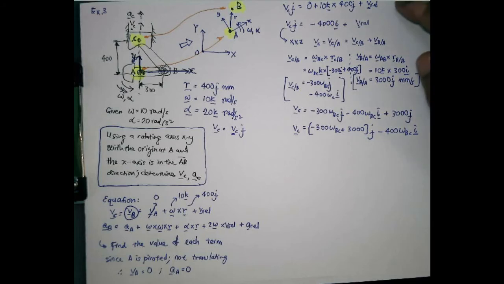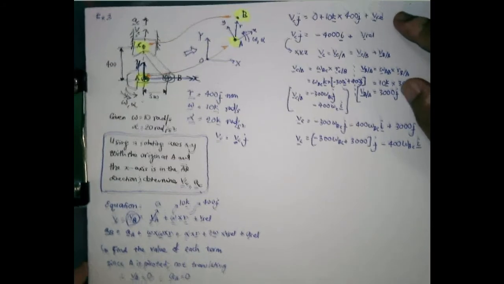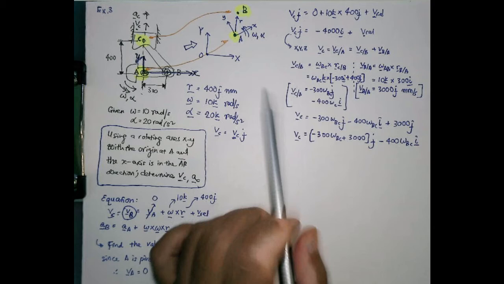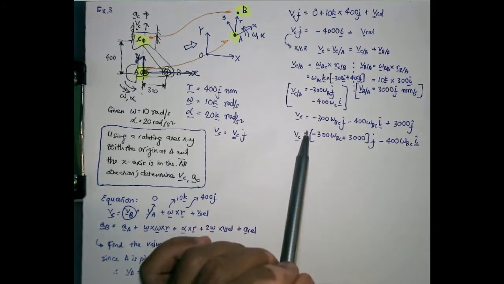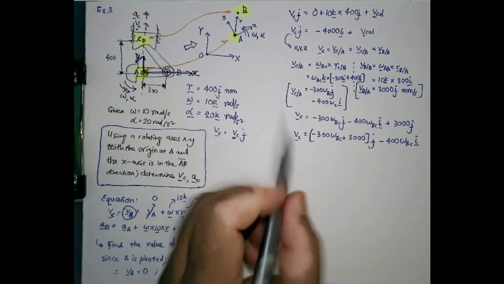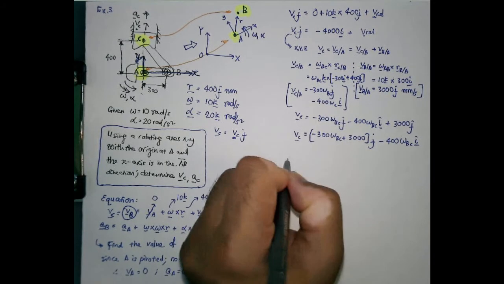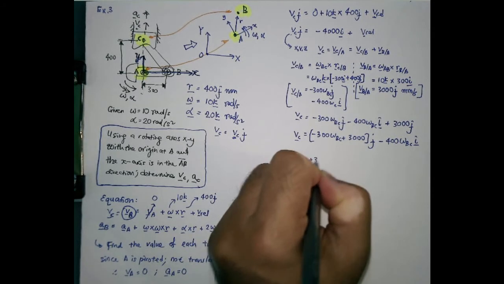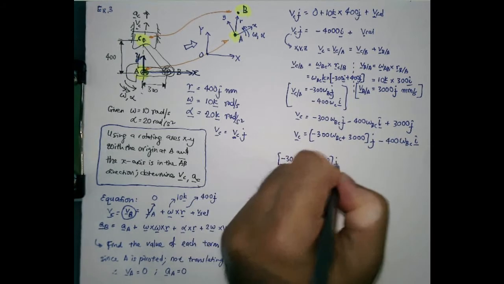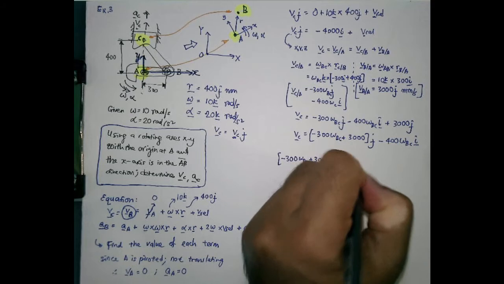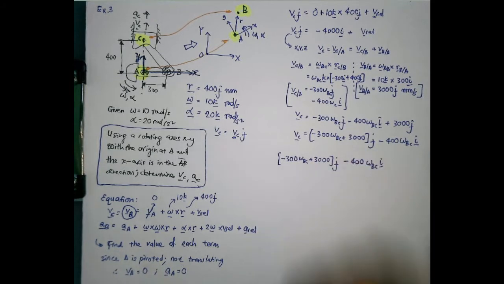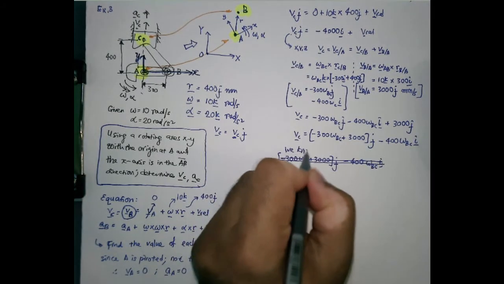So we'll now put back to this top equation here. Bring the top equation here. So VC relative to J, VC is, we'll put the VC here. So VC equals minus 300 omega BC plus 3000 J minus 400 omega BC I. We know that